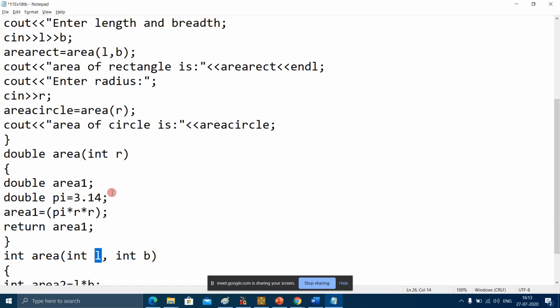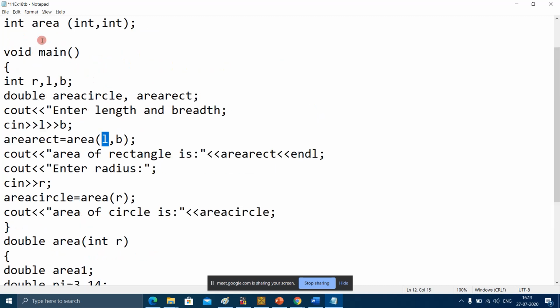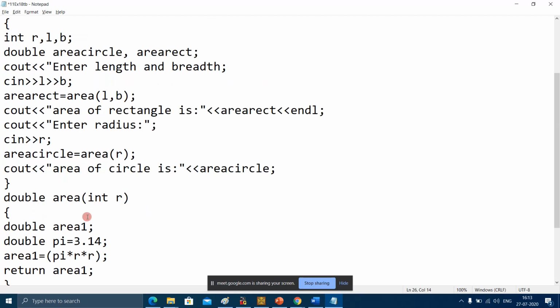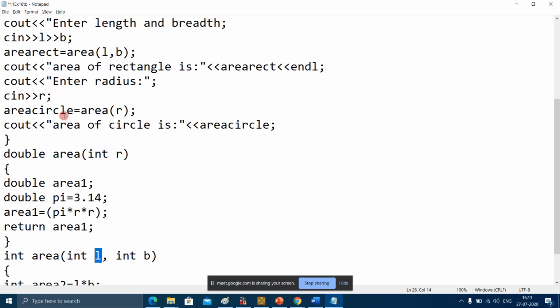Why? Because of the scope of the variable. This L is local to the main function, but this L is local to the area function. As soon as the main function closes, the variables declared in the main function are no longer present in memory.